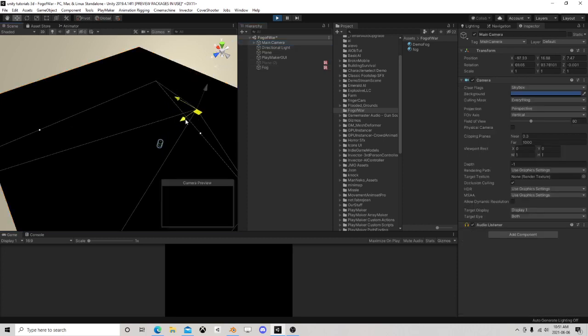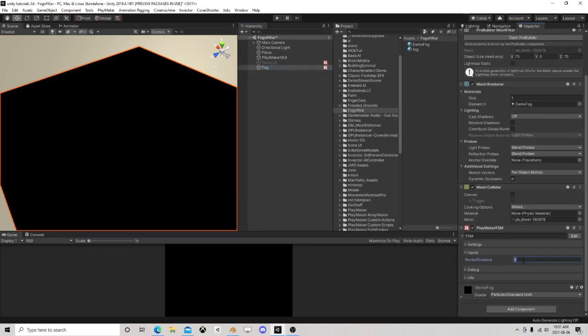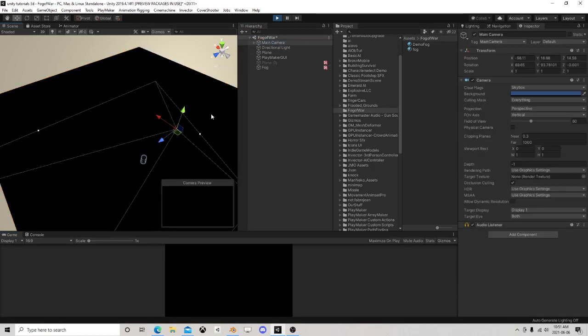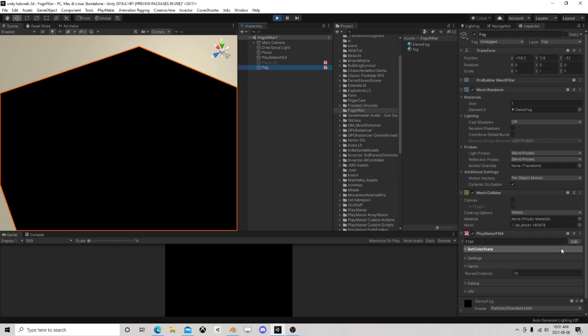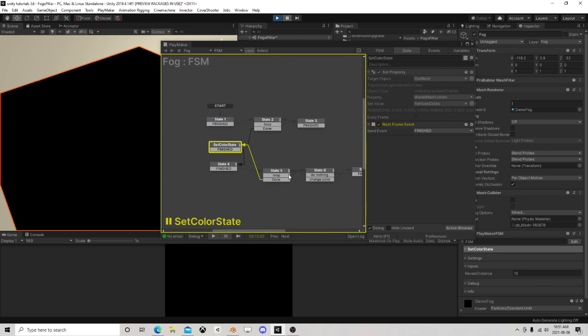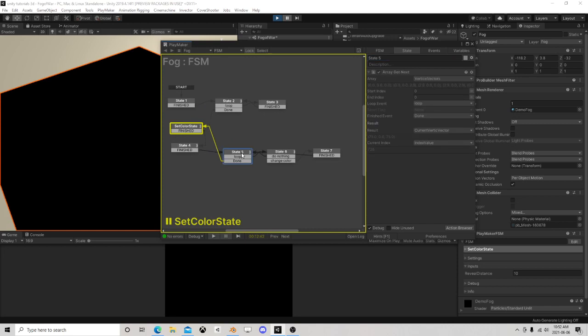Where is our player? So here's the, oh, you know what? We never did a reveal distance, so I'm going to say 10. All right, so we're not seeing anything. Now, you might find your editor will run a little slow in here because there's a lot happening. So as it iterates through,